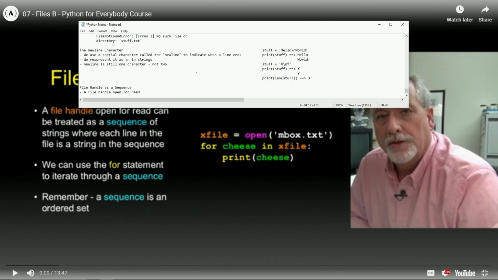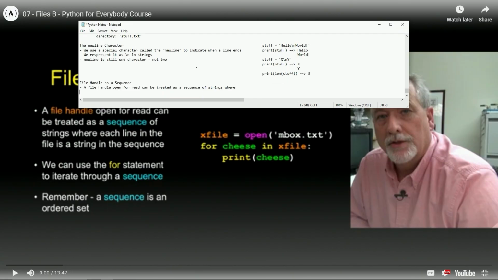All right, so a file handle open for read can be treated as a sequence of strings where each line in the file is a string in the sequence.